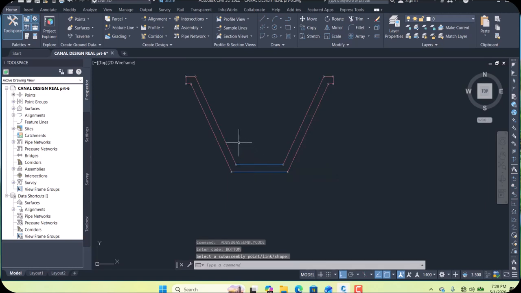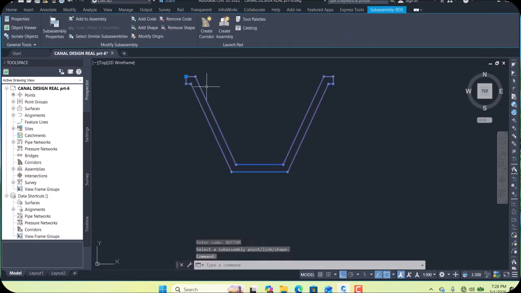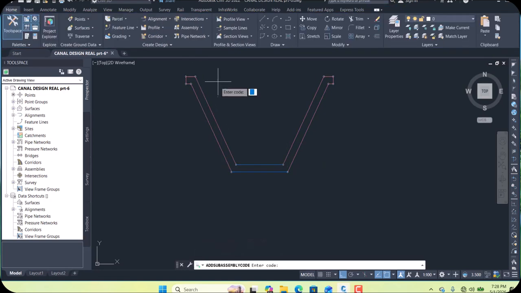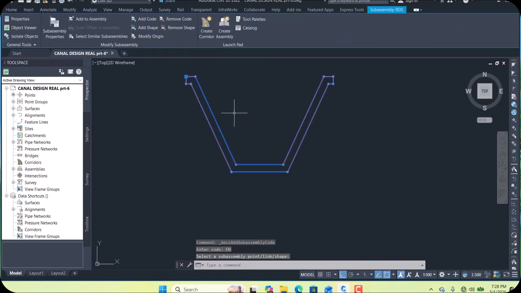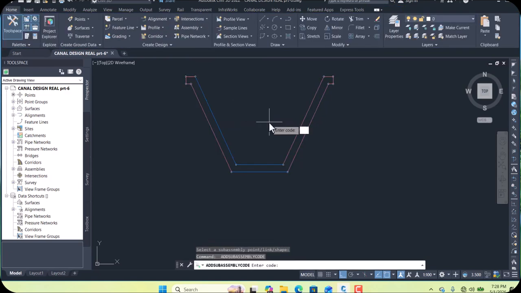And again you select the assembly, okay, and add the code, any. I'm writing CH, meaning channel, okay. And again I'm writing CH, okay. Again hit enter to continue this command. Here I'm giving the same name, CH means channel. Again